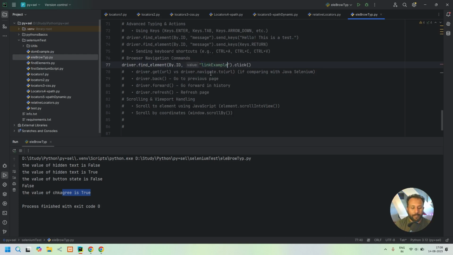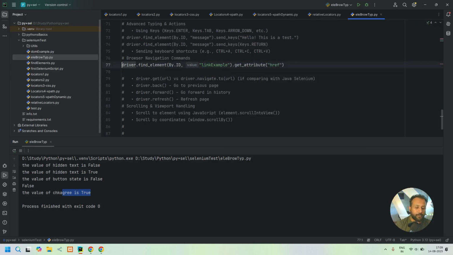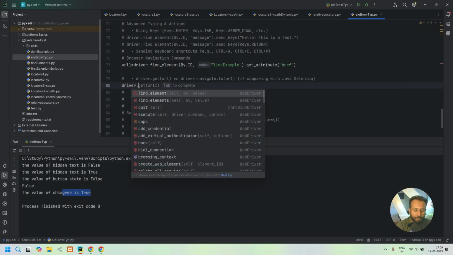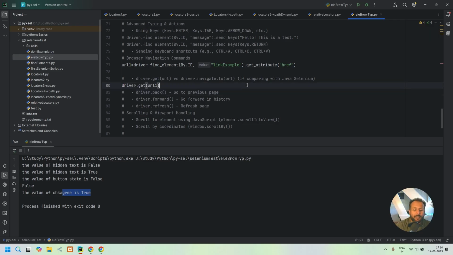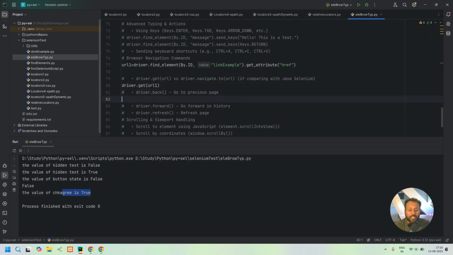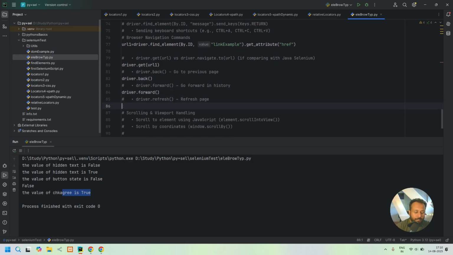What is my ID? ID is link-example, and from here I want to get the attribute href, and I'm going to store it in url1. This url1 now stores the next URL where we want to go. How do you set your WebDriver to go to a URL? driver.get(url1). This will go to the example.com page. Now I want to come back, so I'll say driver.back, right? So it will come back. If you want, you can again go forward. It's just for demoing. I'll say driver.forward